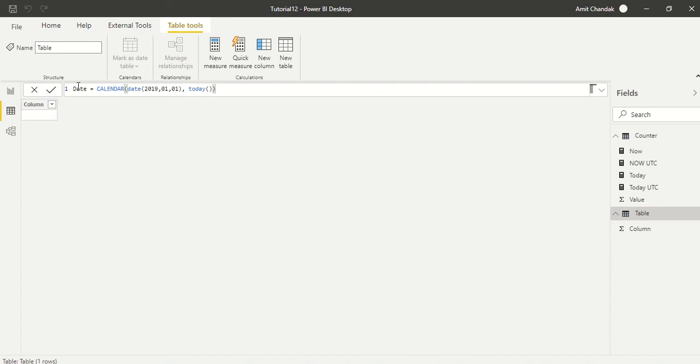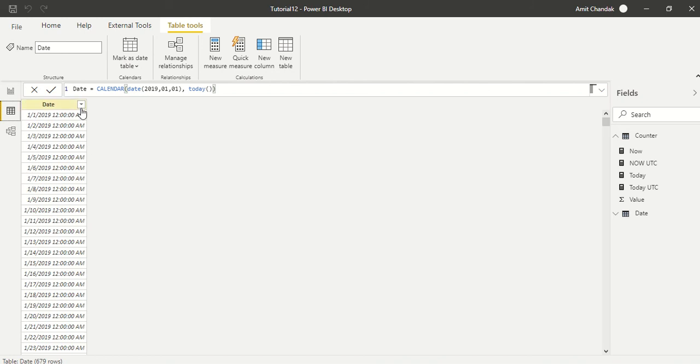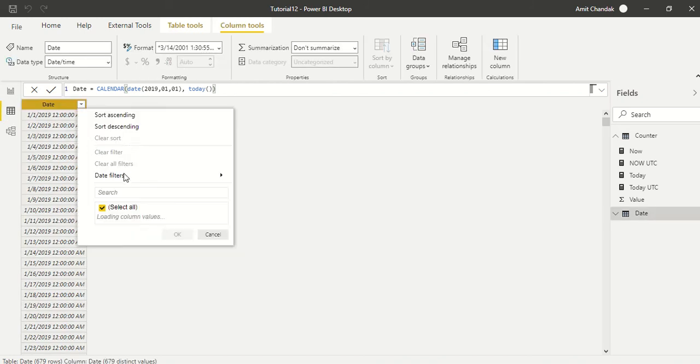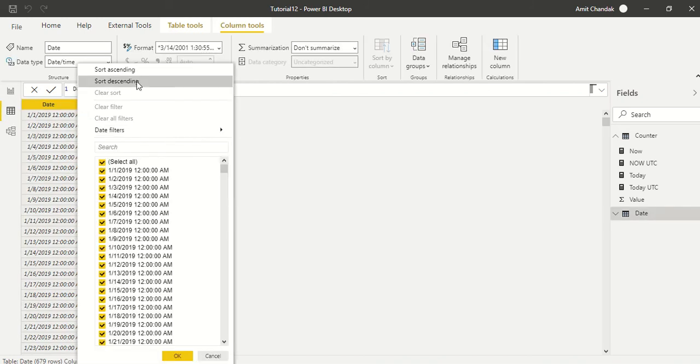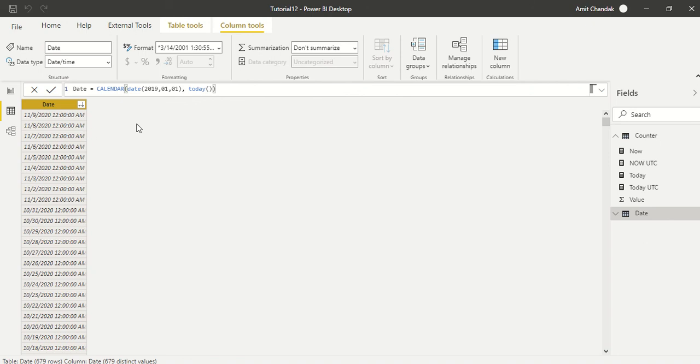Functions like MTD or QTD take the end date, and if I'm stopping my calendar there, they will take that date even if there is no slicer on my page for that. So if I sort descending on this one, you can see the date. And if tomorrow I come to the same page, I will be able to see that my calendar has dates till today, which would be the 10th.